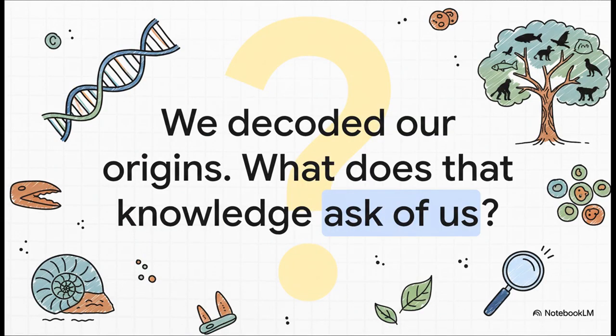At the end of the day, the theory of evolution gave us a new story. It replaced an old idea of a static world with this breathtaking, dynamic story of constant change, of deep time, and of a fundamental kinship with every living thing on this planet. So, here we are, the one species we know of that has actually figured out the very process that created it. That's us. And the question that knowledge leaves us with is, what do we do with it now?